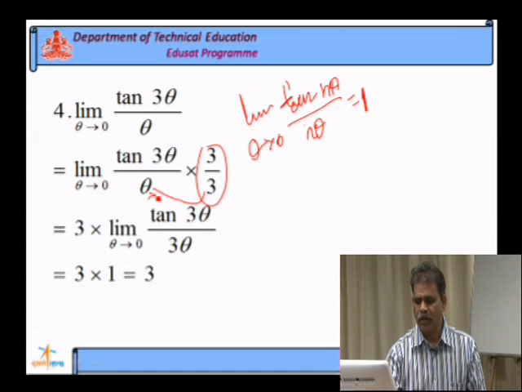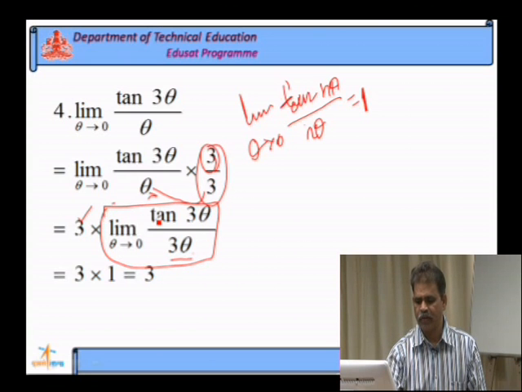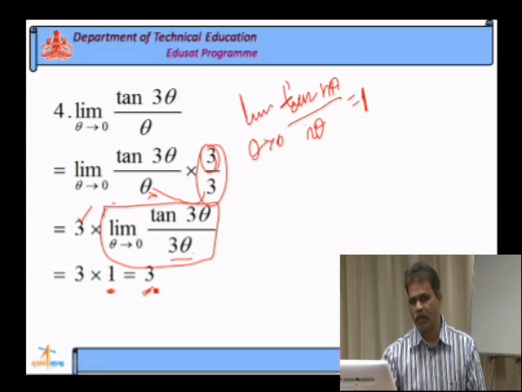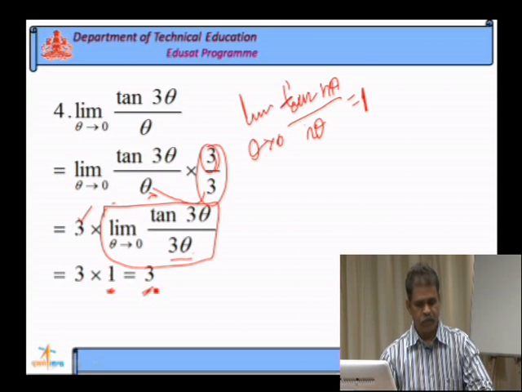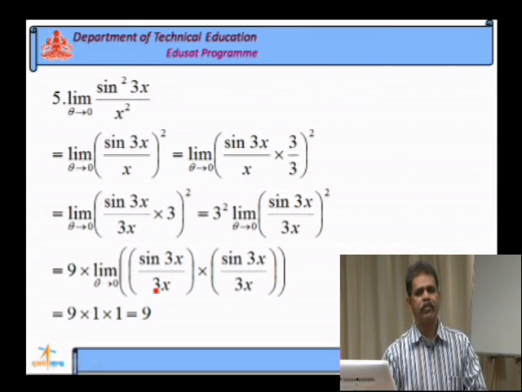3 into theta, 3 theta. What about this 3? This 3 is taken at the beginning. So, 3 into limit of tan 3 theta divided by 3 theta, it will become the standard form, standard limit, whose value is equal to what? 1. So, 1 into 3 is what? It is 3 only. Next problem,